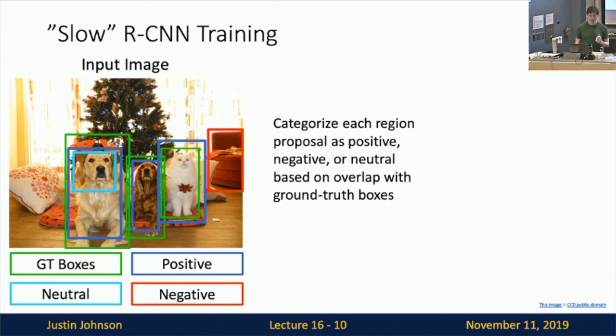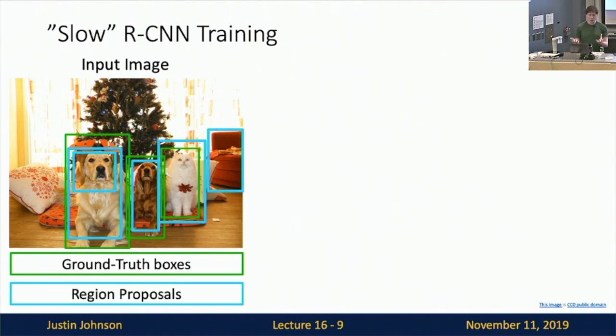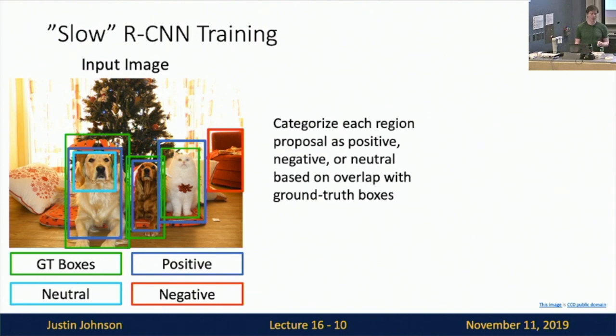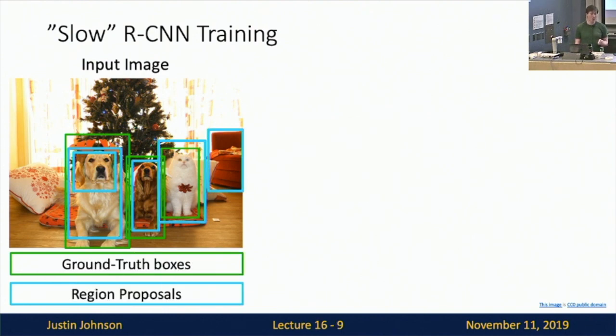Now we've got a lot of colored boxes going on in this image, so let's talk about them a little bit explicitly. The bright green boxes are the ground truth bounding boxes of the three objects that we want to detect, being the two dogs and the cat. And now we get all of these region proposals shown in cyan for all the different parts of the image. So we can see that some of the region proposals correspond pretty well to some of the ground truth objects. In particular, we've got some region proposals that are very close to each of the two dogs